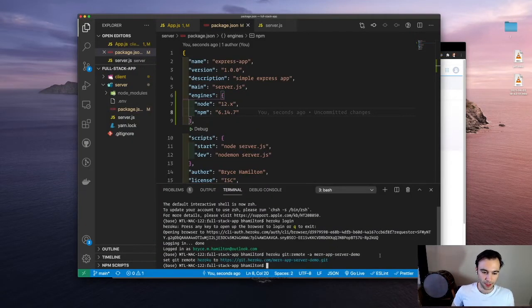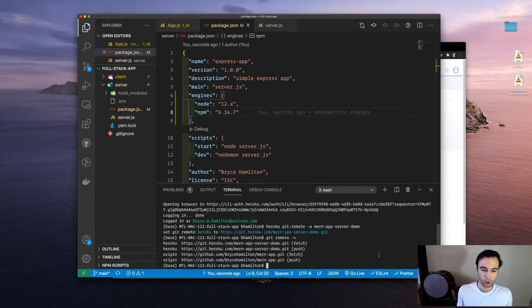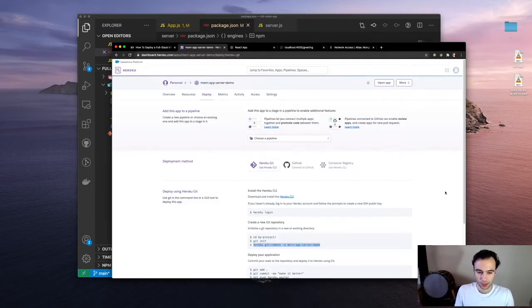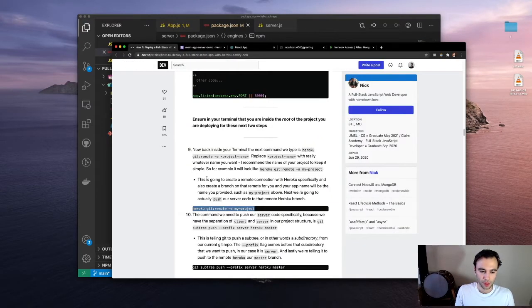That sets up a Git remote. I can check here. So remember, origin points to GitHub, which I showed you earlier, and then the alias heroku points to where Heroku is hosting it. Great. So from there,